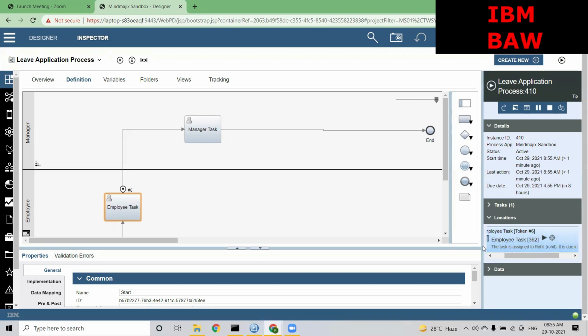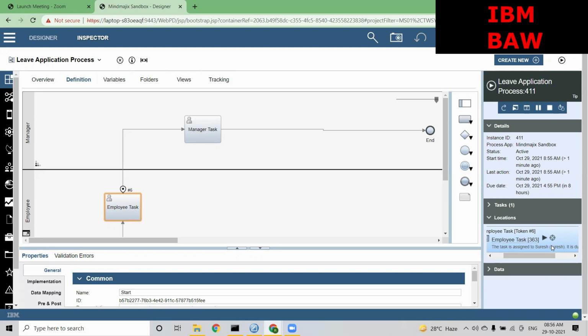Okay. So again, if I create a new instance, now this time the task is assigned to Suresh. You can see here, right? So this is called load balancing basically. When IBM BPM understands, okay, we have 3 or 4 members in the team, it assigns the task first to the first person in the team. When he goes and claims the task, which means he's busy with the task,